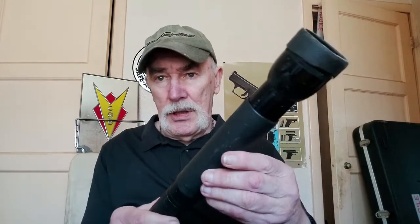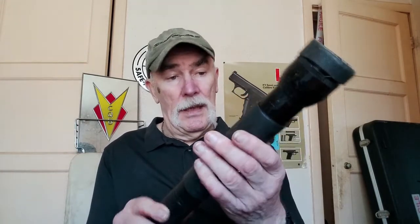You may notice it's got a rubber sleeve. Pachmayr, who made the grips I was talking about, they sold this sleeve to go on flashlights. And what it does, it enhances the grip a little bit, and also in cold weather you're not gripping the freezing cold aluminium of the flashlight body. I cut a piece of it off and stretched it over the head as well, just to cushion it a bit, because